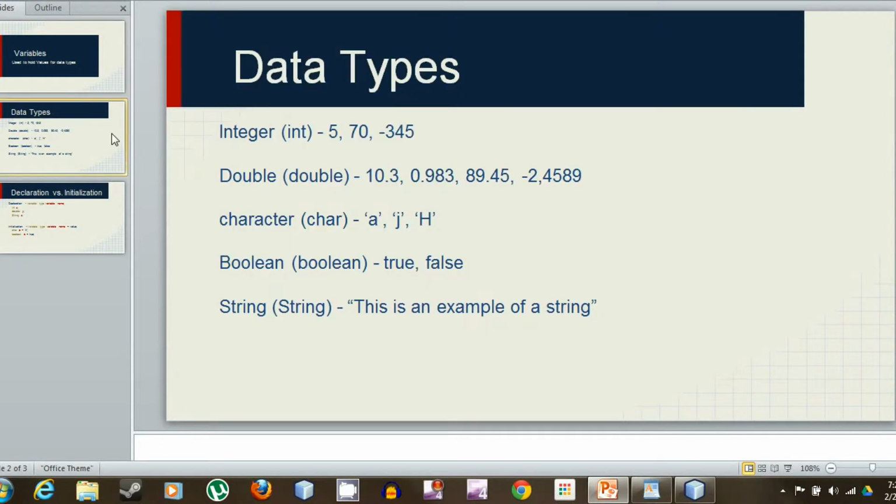And our data types will be these five that I'm going to go over right here. There are more, but these are the main ones that you'll use quite often. Most of the time we have integer, double, character, boolean, string. Within the parentheses is how it's denoted. So an integer, just like in math, is a whole number. We have 570, 345. It could be 1, 2, negative